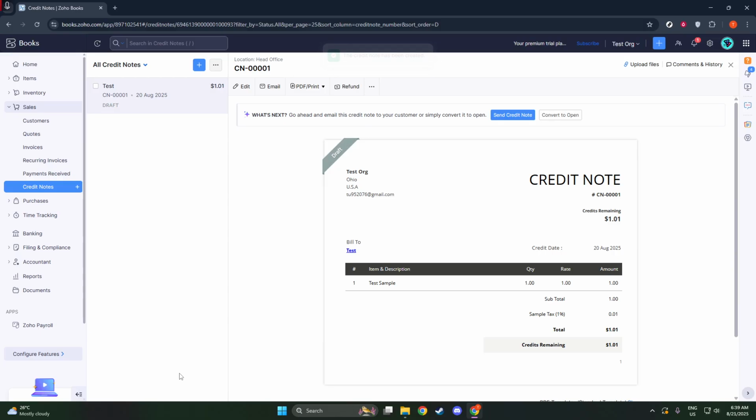And there you have it. You've successfully created a credit note in Zoho Books. By following these steps, you can manage and adjust client transactions smoothly and with